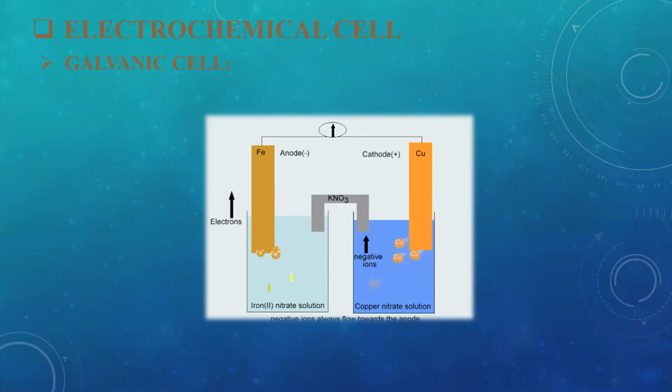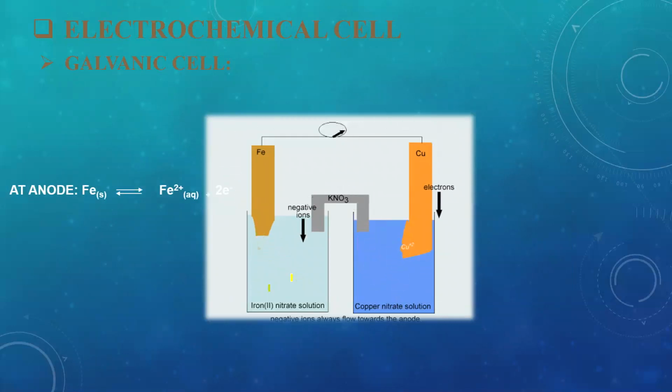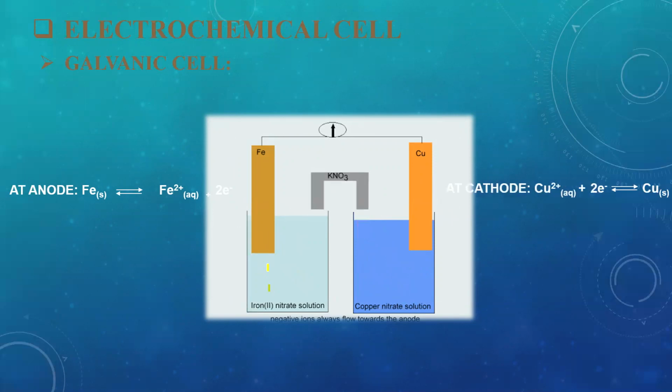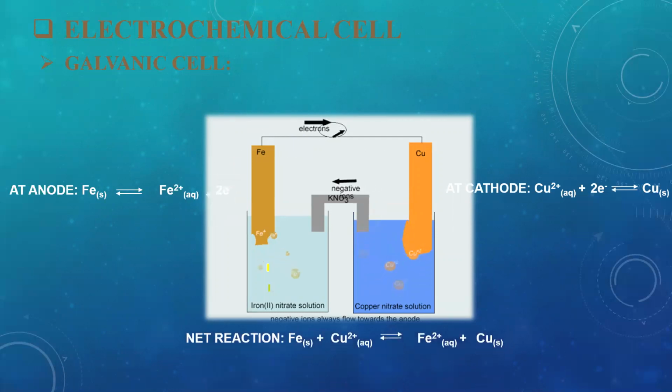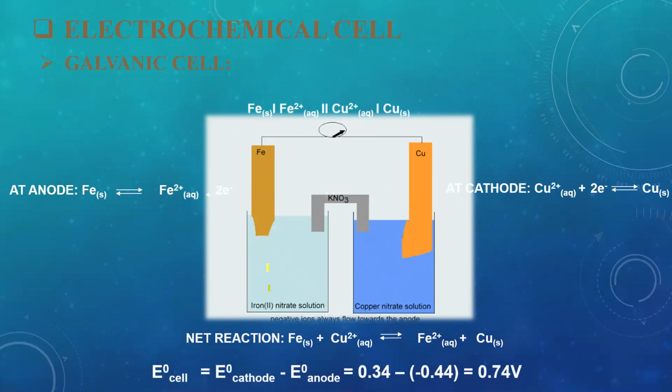Your chemical energy is converted into electrical energy. And as you can see, at the anode oxidation is taking place. Therefore, there is a reduction of the metal, as you can see, the size is getting decreased, whereas at the cathode the reduction reaction takes place, and you can see the size of the cathode is increasing as the reaction proceeds. So here is the net chemical reaction. One more example.